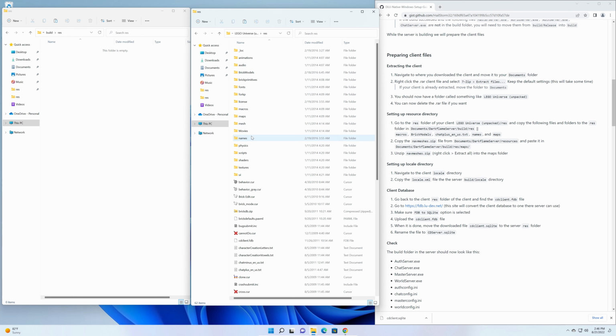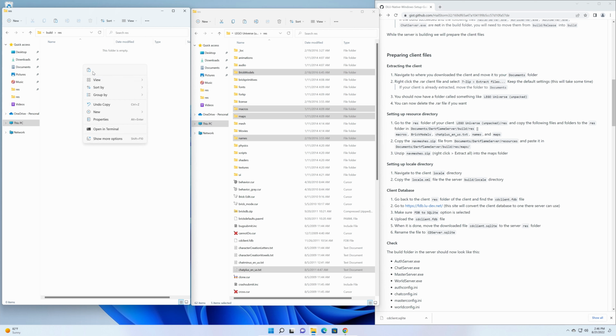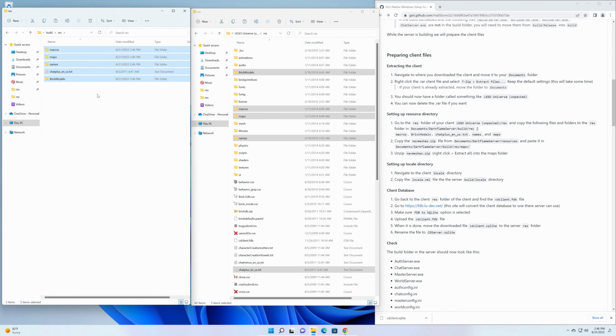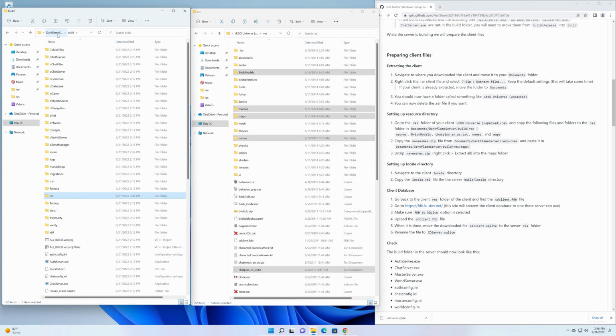We'll go for macros. So we'll hold down Control and select macros, and then also brick models, and then chat plus, right here, chat plus, and then names and maps. All right, and then we want to copy all that and paste it into the res folder. All right, now that is done,